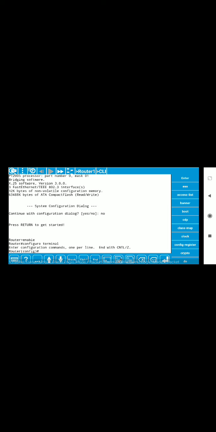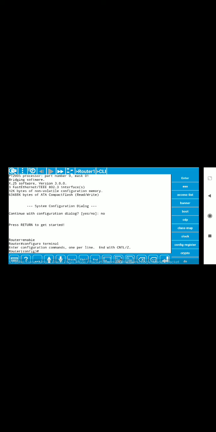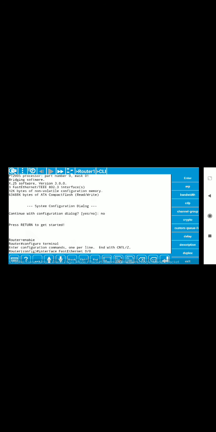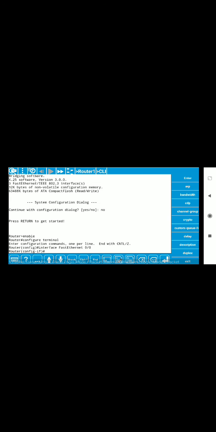First we have to configure our interface FA0/0, which is connected to another router. So just tap on the router, click on CLI, then our command is interface fast Ethernet 0/0, click on enter. Then the next command that we have to write is ip address.